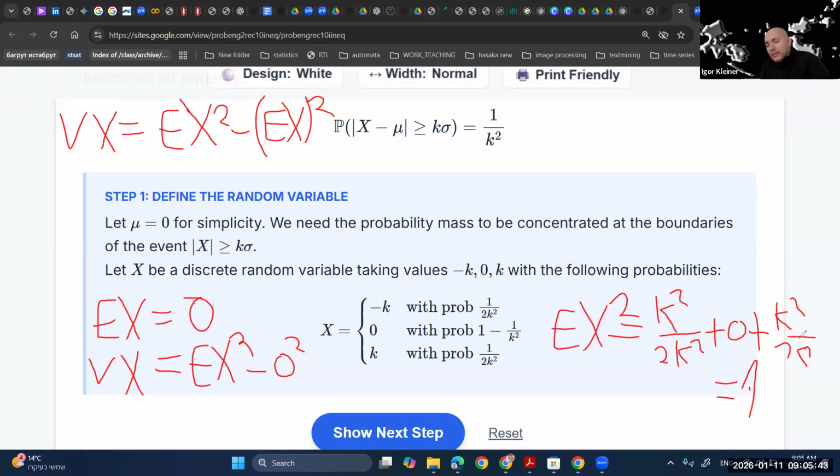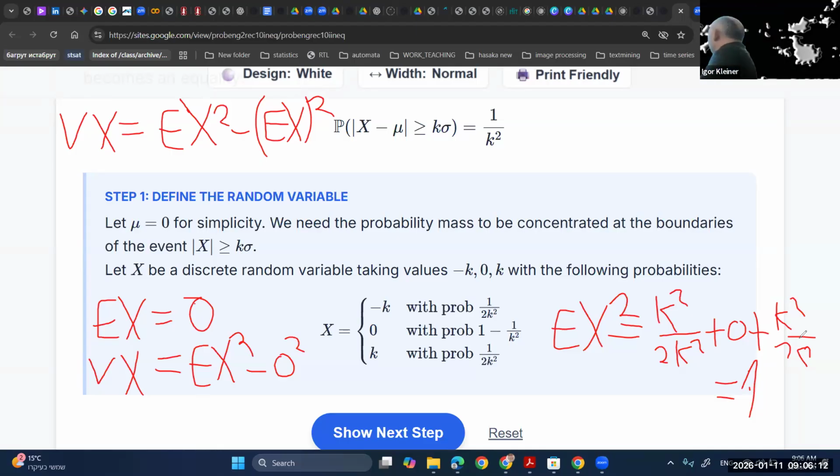So the variance is 1. If you want to understand how I found it, before I knew the answer, there were parameters a and 1 minus 2a. I solved the equation until the end, and I saw that a must be equal to this value. So this is the final solution. With this choice the variance becomes 1. That's the reason.